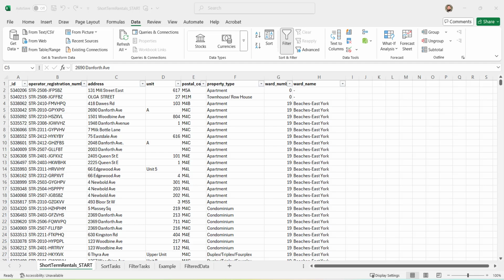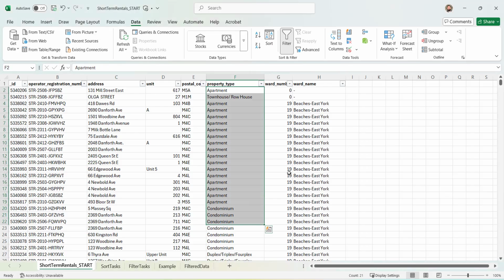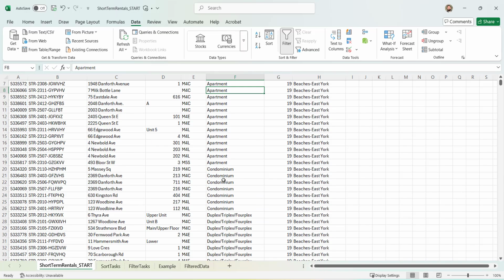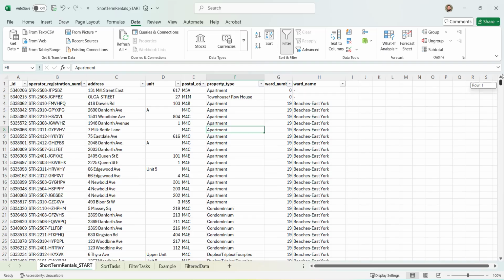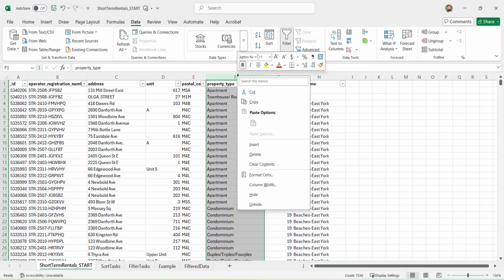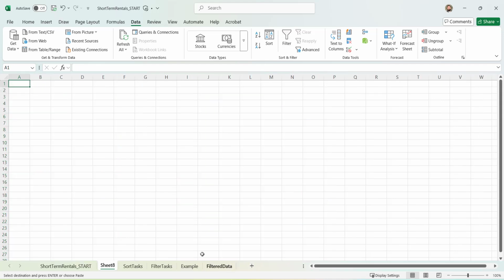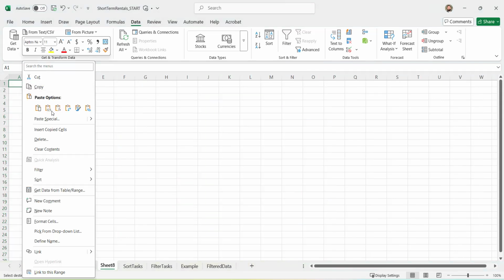The final thing we're going to do here is try to get a list of the different property types, and then have a list without duplicates. So right now we have apartment, townhouses, condos, duplexes. This long list is useful for the way this is set up, but sometimes we just want a list of the different property types in this example. So I'm going to copy this entire column. Just going to right click and copy, and then in a new sheet I'm just going to paste this,